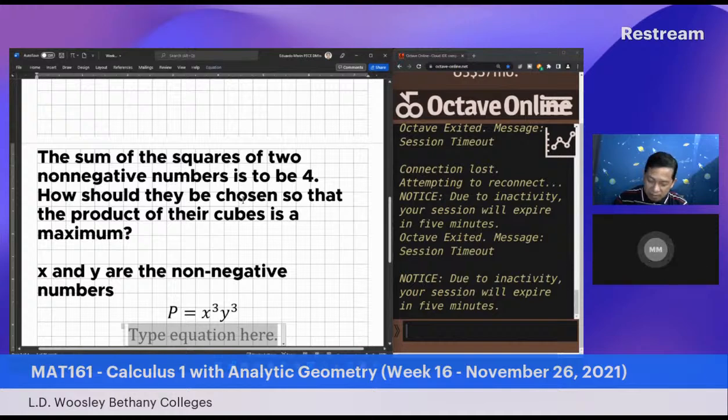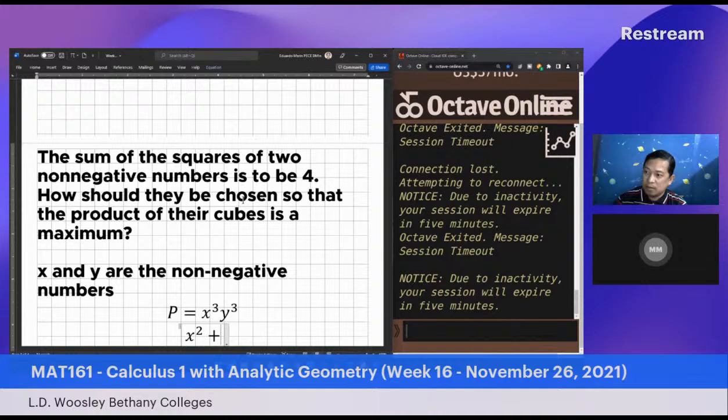The sum meaning 4, so that is x squared plus y squared equals 4. Okay, so that's the expression. Simplifying, perhaps we would like to solve for y. We will just take the positive root because non-negative ang nakalagay dito. So y would be